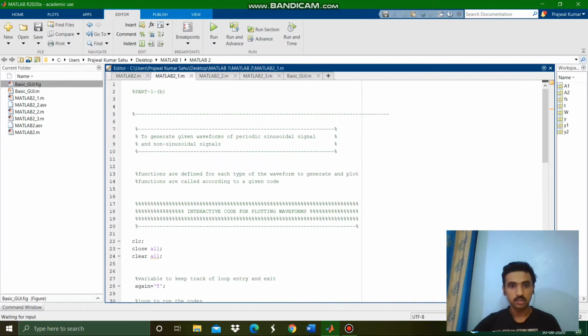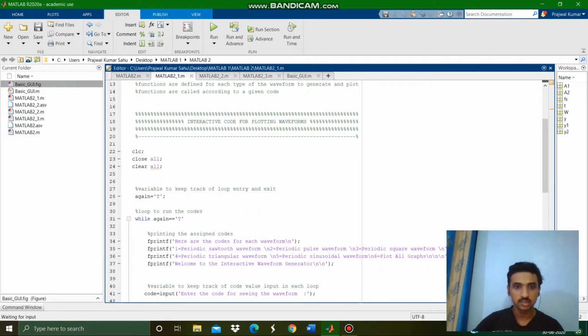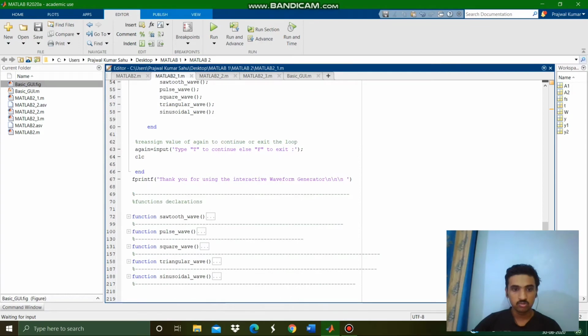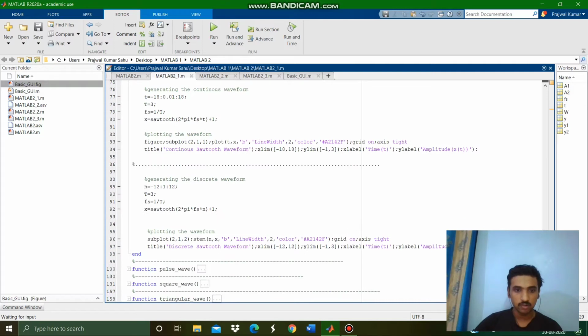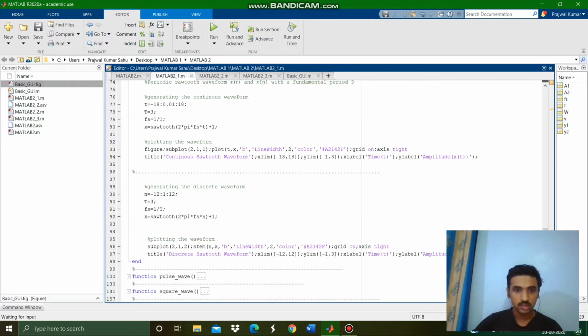similar loop has been created where we generate waveforms of various signals. Basically, we use a new thing, that is the signal processing toolbox add-on of MATLAB, to use functions such as the sawtooth wave. I'm coming right to the functions. We use the function sawtooth and keep the time domain as the input argument to plot the sawtooth type waveform in both discrete and continuous.